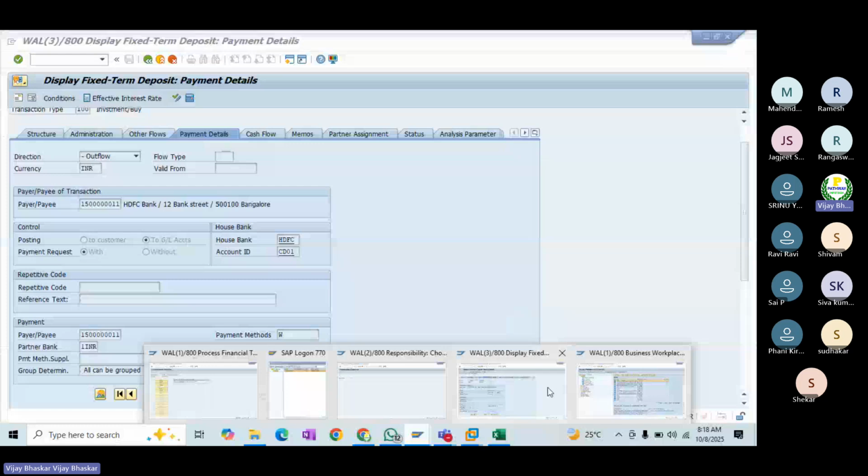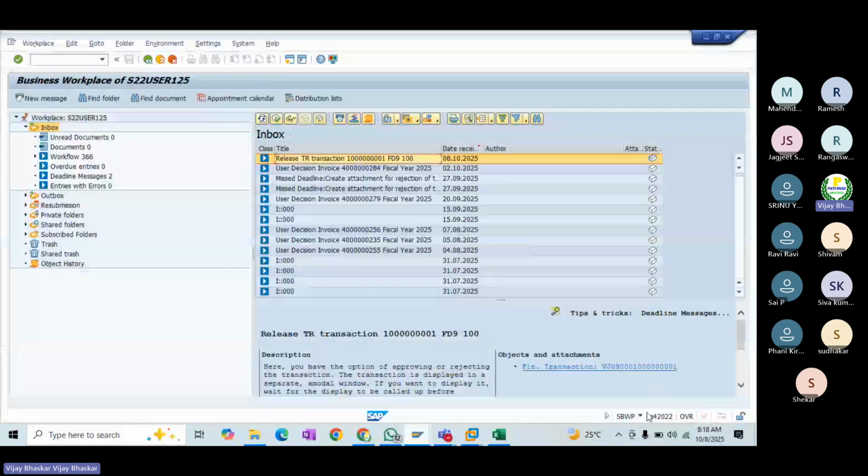Which user we have configured to trigger the workflow. This is the deal bar where you can see the inbox. Now you can also see here to whom, I mean which user inbox we are referring to. Okay, 125, what you can see here.